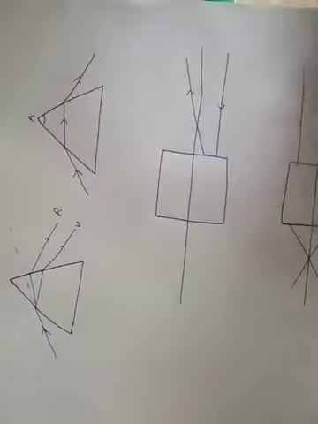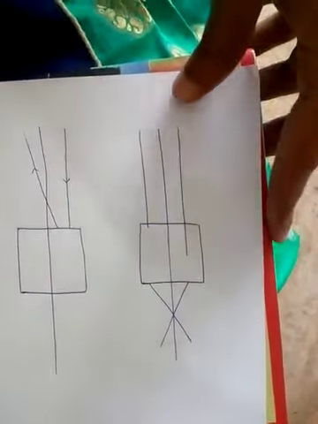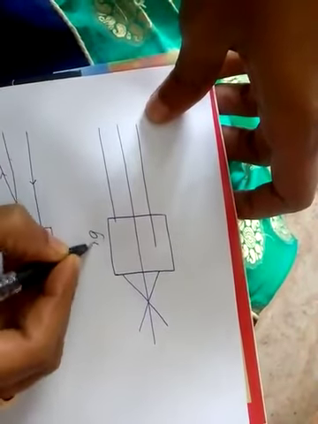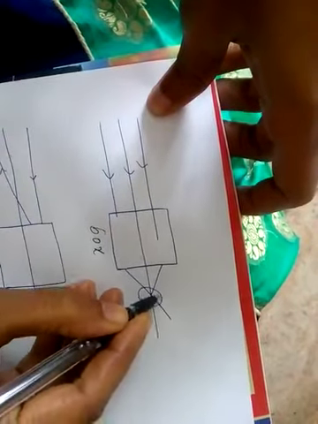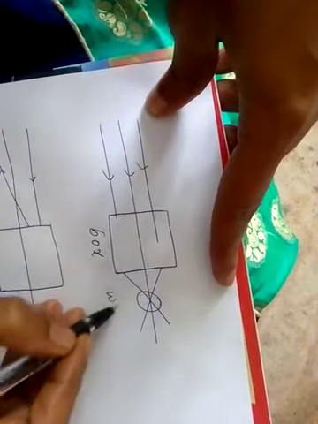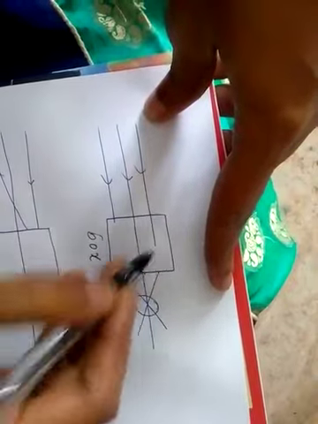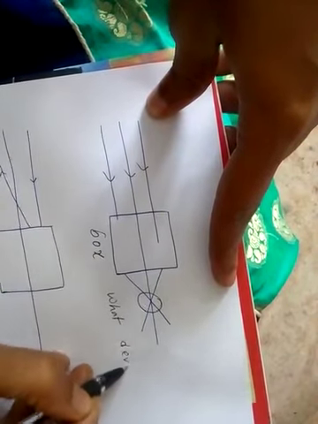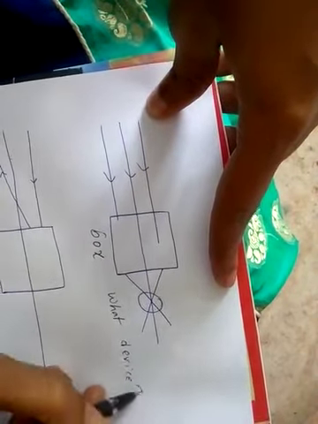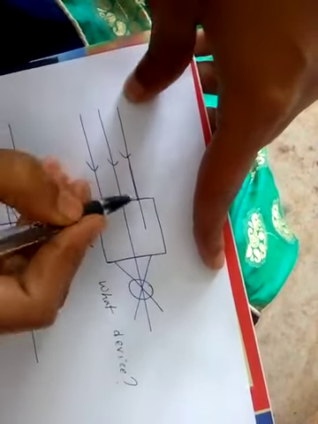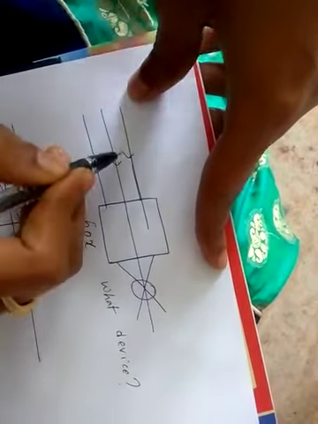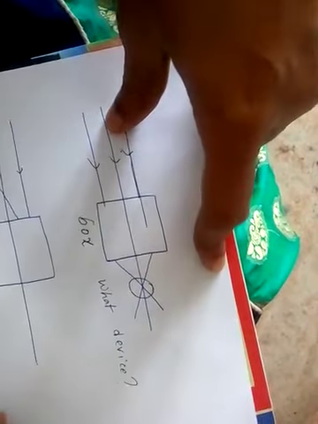Next, some questions like this they can ask. They will tell you it is a box, light rays are going in this way, and this is the output we have seen. So what will it be? What device do you have in the box? What device? So you see here light is falling here. If it is reflecting back, then we take it as a concave mirror. That case also you can have.